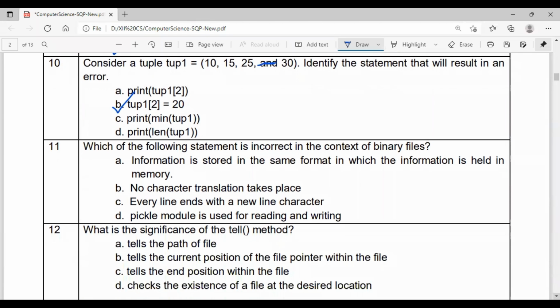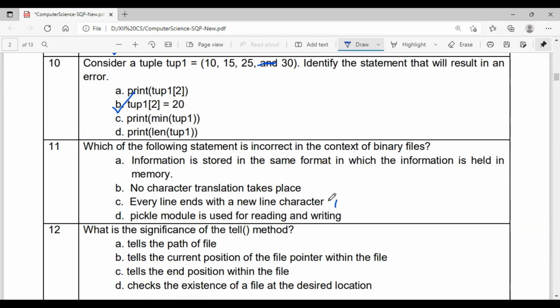Which of the following statements is incorrect in the context of binary files? Information is stored in the same format in which information is held in memory. That's true. No character translation takes place. That is also true. Whatever is stored in the binary format is stored the same way in memory, with no character translation. Every line ends with a new line character.